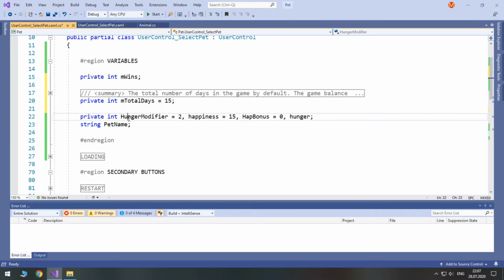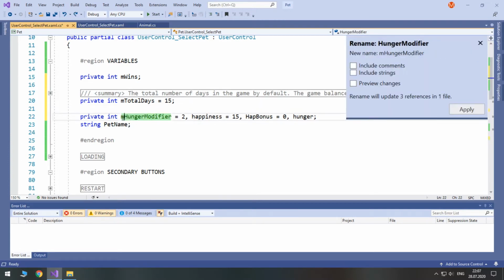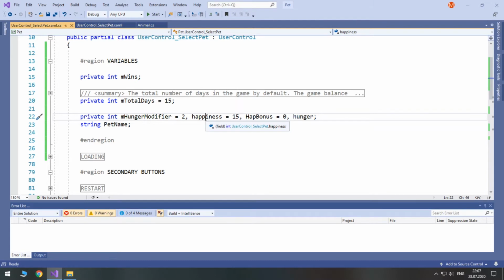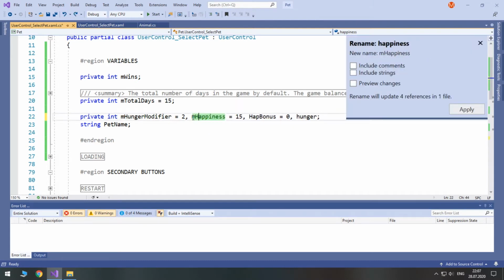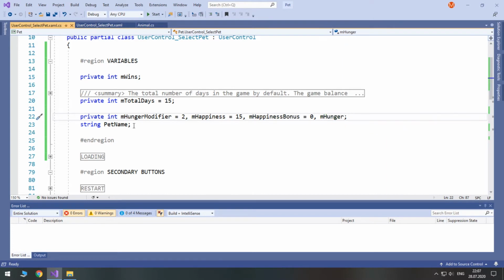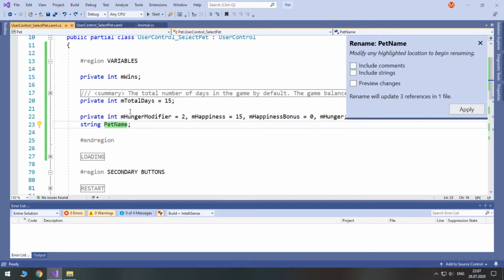Let's rename hunger modifier to m hunger modifier, happiness to m happiness. We will not use any abbreviation here, so m, then happiness, bonus, hunger, rename it to m hunger, and finally pet name, rename it to m pet name.